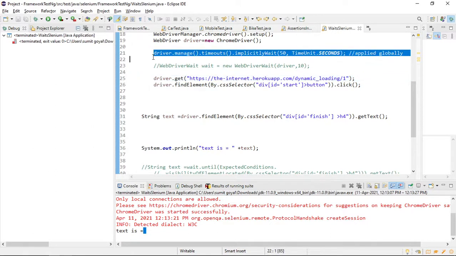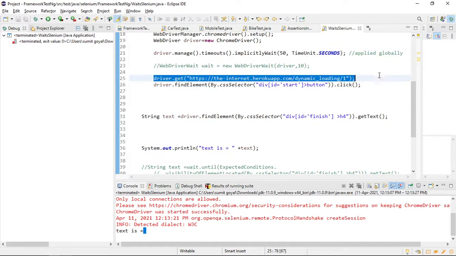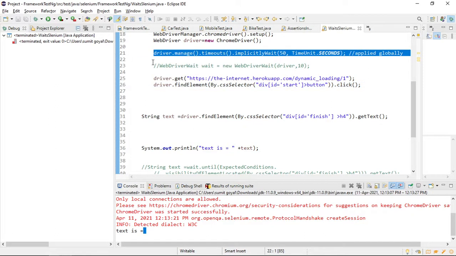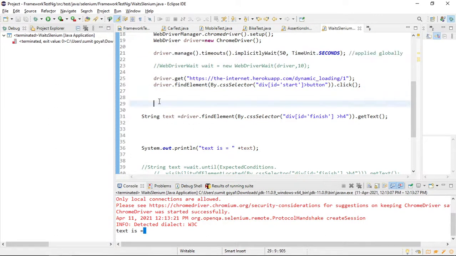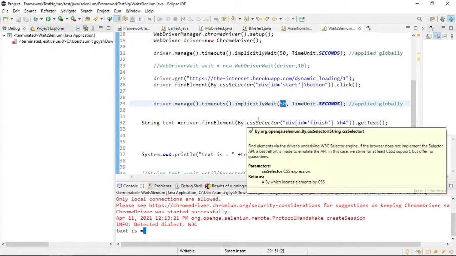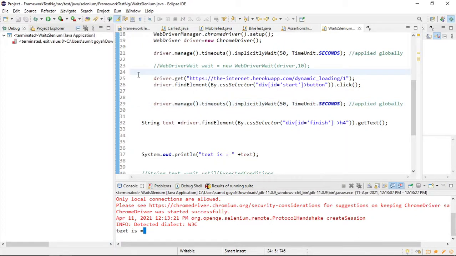No, no. See, if you apply it here, for each and every line there will be a default time of 50 seconds. This is how implicit wait will work. As I have said, it is applied globally for each and every step, that will be the default time, for each and every line, because I provided it with the driver. And if you try to write it here, that is not an issue. If you try to see now what will happen, I have applied a 50-second wait. So as I am applying a 50-second wait, these two lines will not get this benefit, because